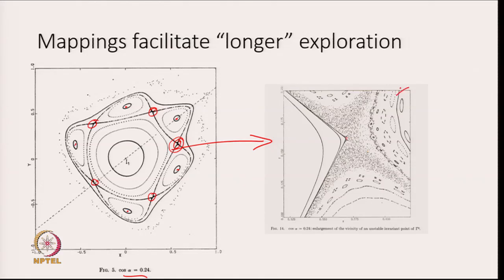You can see KAM tori, you can see other chains of islands, and you can see that between these chains of islands there are also heteroclinic orbits and the tangle over here. So, there are tangles everywhere. This is very much an image of what has happened to the rational torus that was surrounding this point, having broken up, and then it has resulted in all this chaotic dynamics.